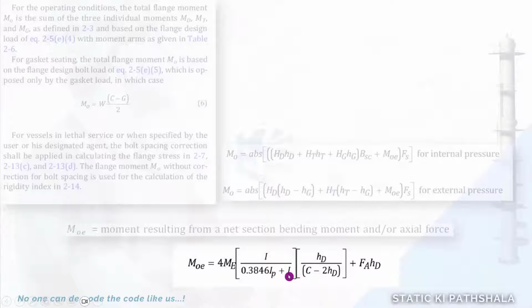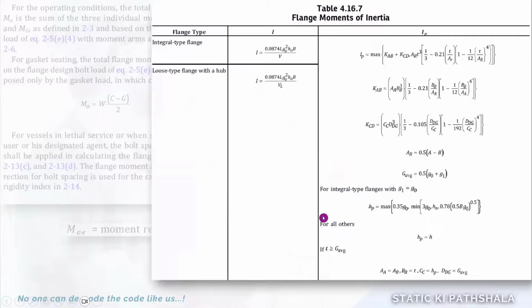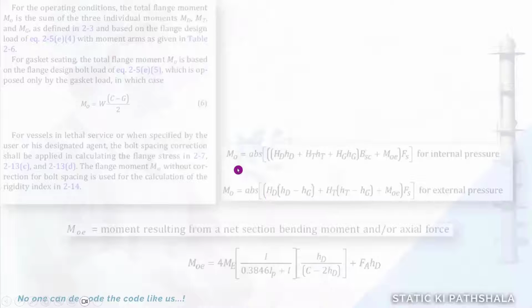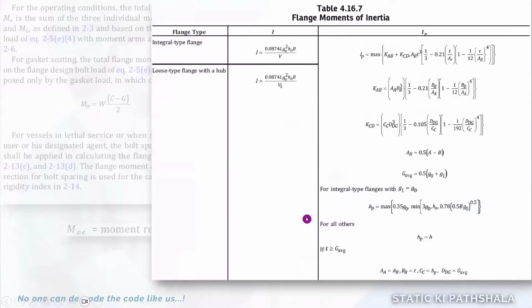Here IP and I are the moment of inertia and polar moment of inertia that they have given. You can see that for a variety of flanges, for integral flange and for loose ring flange, you have to calculate the moment of inertia and polar moment of inertia. This is quite complicated compared to what we have seen in Division 1. Division 2 also covers the moment caused by the external forces and moments, and they have given a detailed